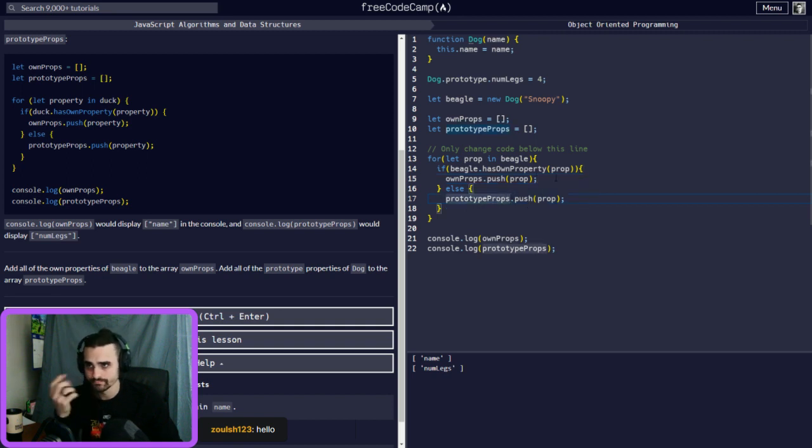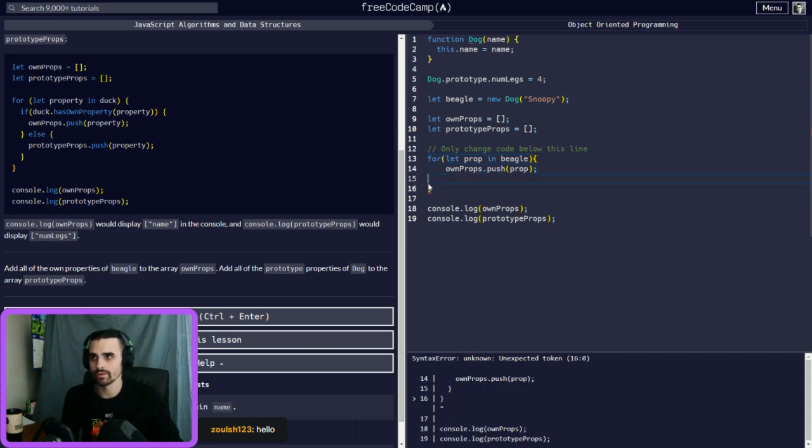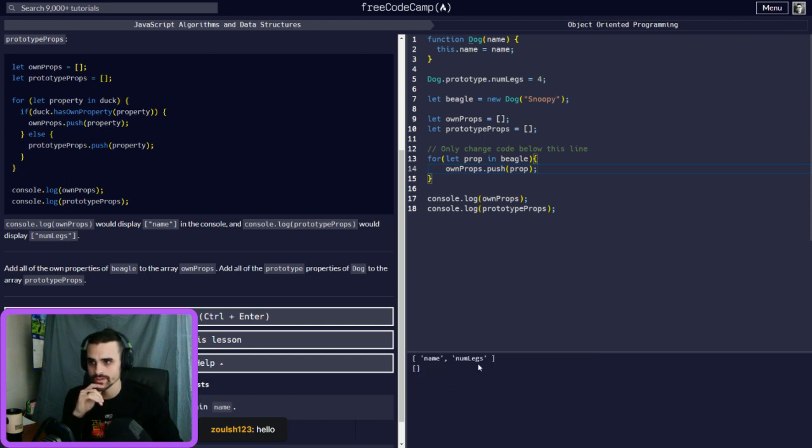You could separate them out this way, but if you just do a push like this and say I want to push this all onto ownProps, it's going to push all of those on there. So just know if you need to separate them out, you can do it that way.